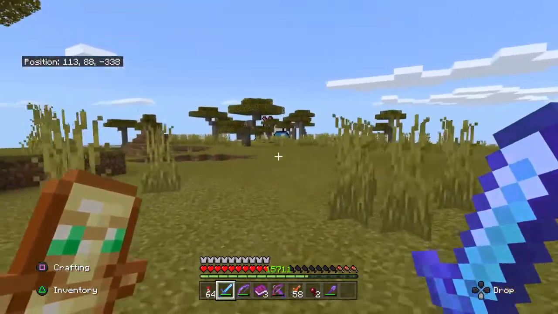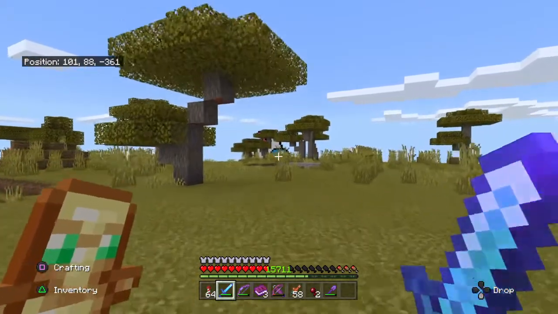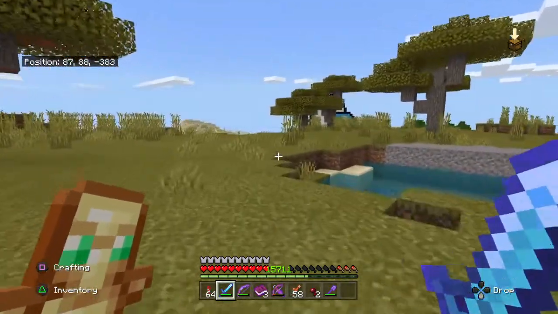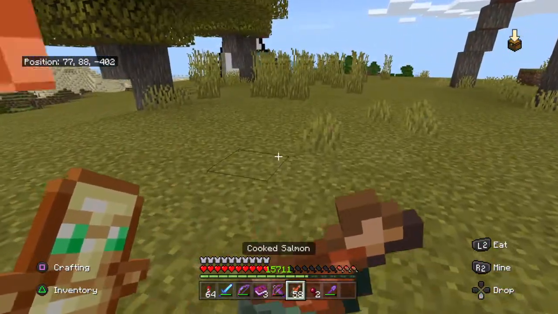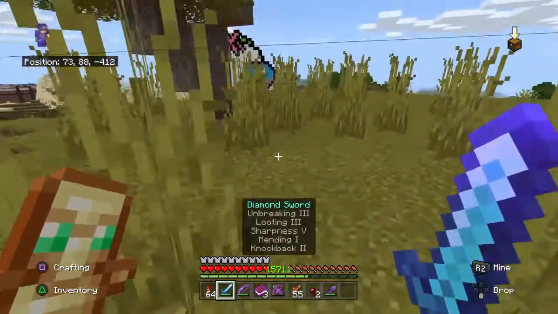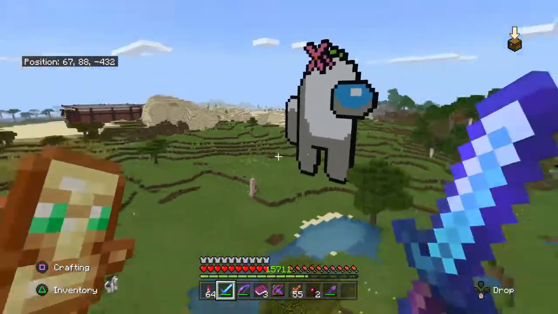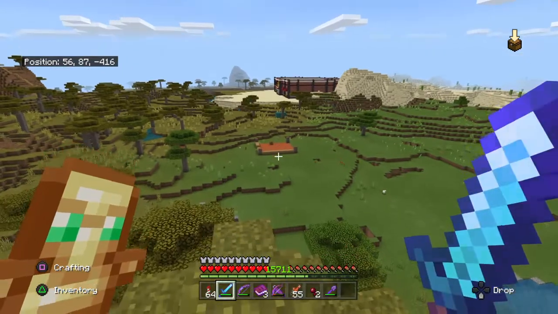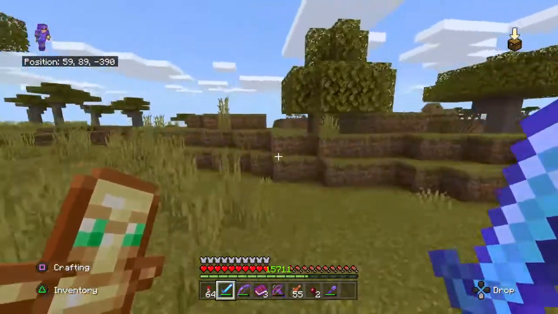So after the vending machine, we got that. You can probably guess what it is already. Yeah, Among Us character. Then my cousin joined and started building that thing right there. But she hasn't played on this world in a while. So after the Among Us character, I built...